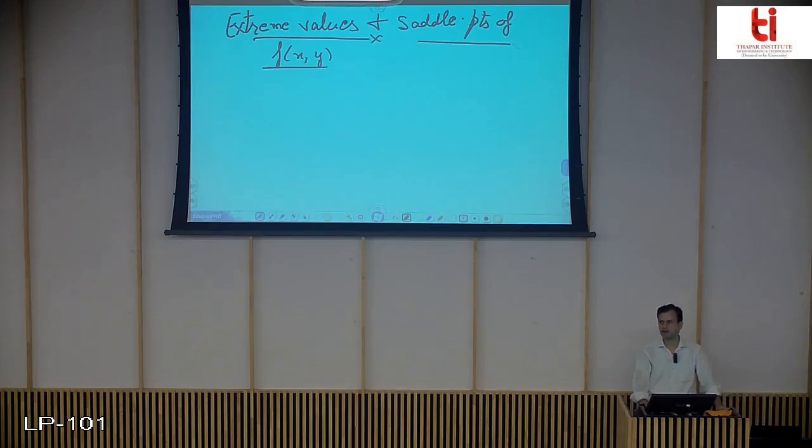Critical points are those points where the partial derivatives of the function are simultaneously equal to 0. That is, the partial derivative with respect to x and with respect to y should be simultaneously 0. Or if one of the partial derivatives or both are not defined at the given point, we say that point is a critical point. So when we are locating the extreme values, we will be looking for critical points and also the boundary points if they are given.